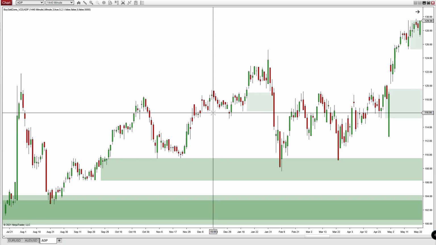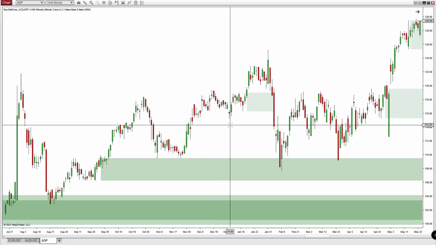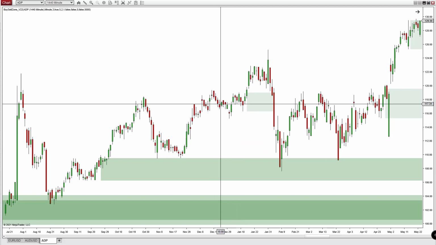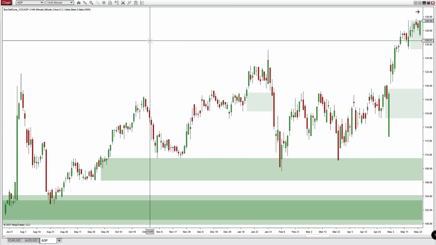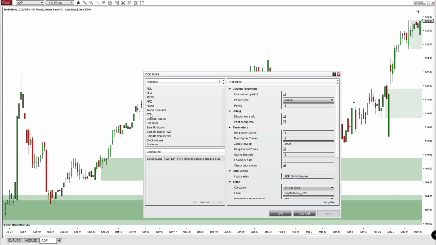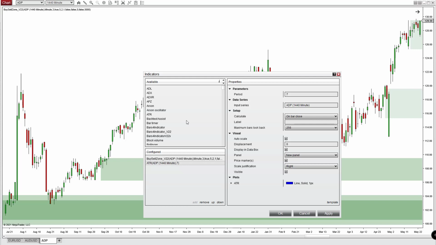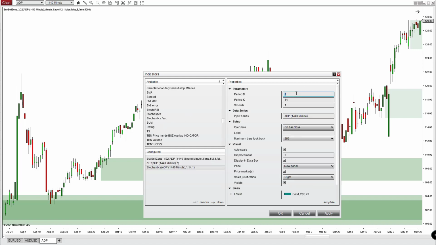And now we have some zones on our chart. So the next thing, you know what, let's add a couple more things. We're going to add the ATR because I personally use that. We're going to add some stochastic. You can use stochastic or you could use RSI. I'm going to go and use stochastic. My favorite setting here is 10, 10, 3,